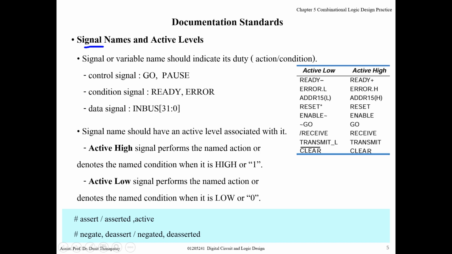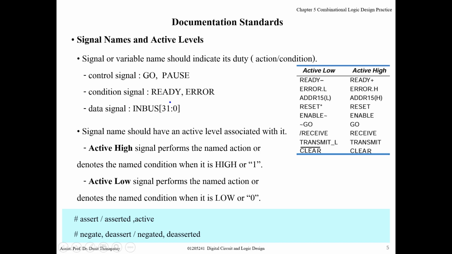To name a signal, usually the name should indicate its duty. For example, go, pause, these are control signals already; error is a conditional signal; input bus is a data signal. The name shows some duty or has some meaning.